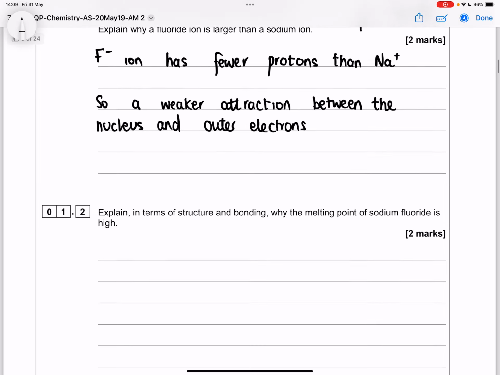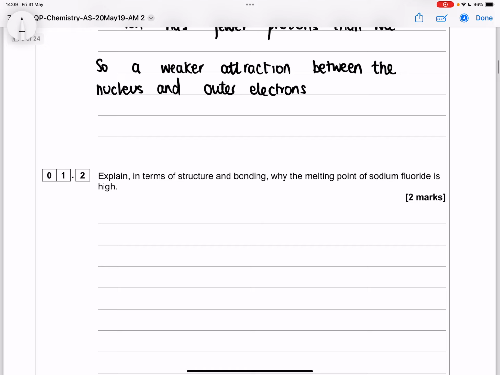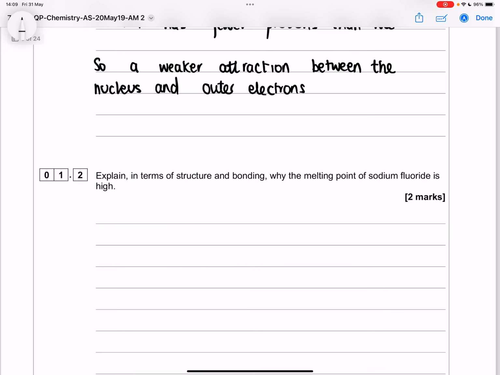The next part of the question says, explain in terms of structure and bonding why the melting point of sodium fluoride is high. And so we need to think, well, sodium fluoride, metal and a non-metal, and it told us about the ions. So it's a giant ionic lattice with strong electrostatic forces of attraction